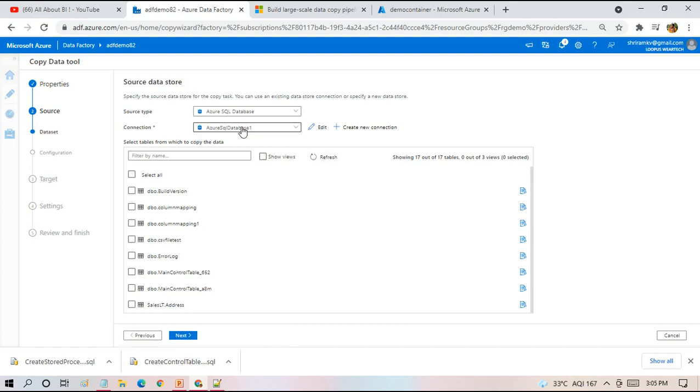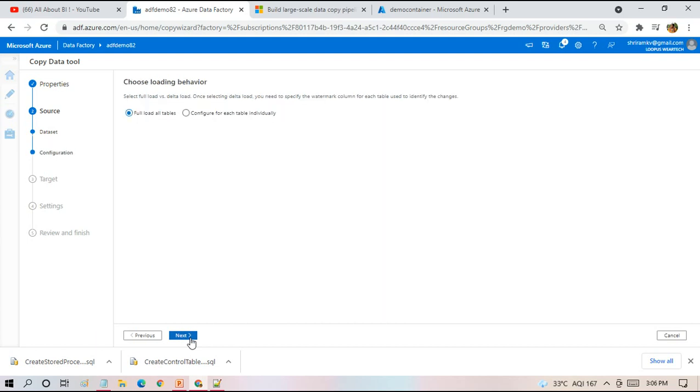Once you choose the database, it is listing all the tables that are present in your database. See here, almost 16, or 17 maybe. So 16 to 17 tables are present in my source database. What I can do is a select all. If you want to copy the views also, then you can click on this. Once you have chosen everything, you can click on next. It is just a kind of bulk copy from different number of sources. I'm just saying next.